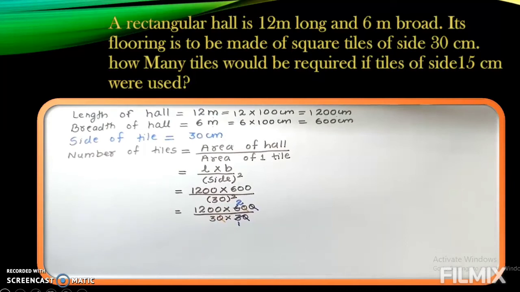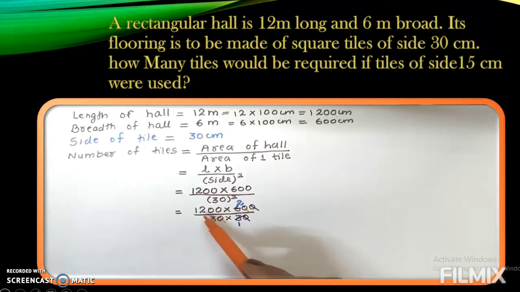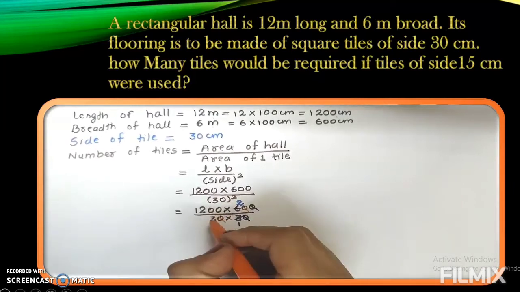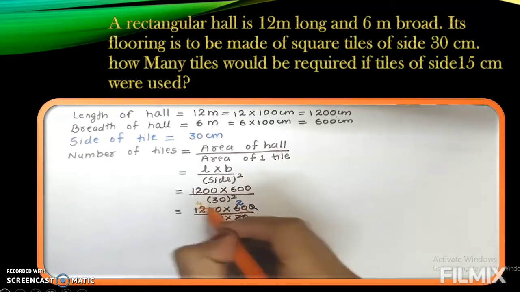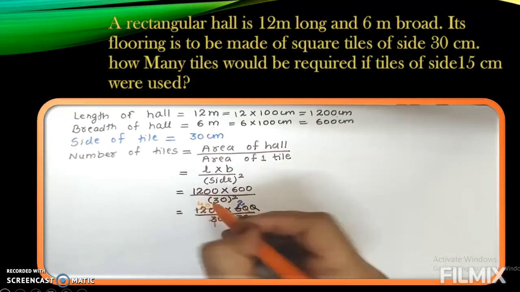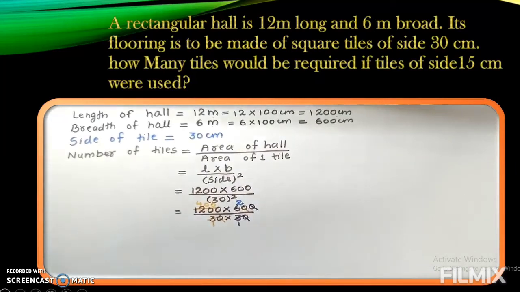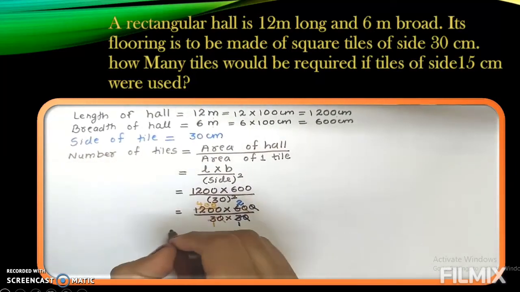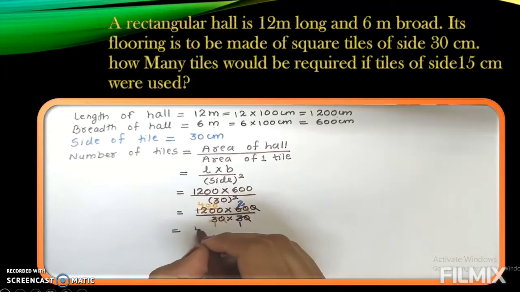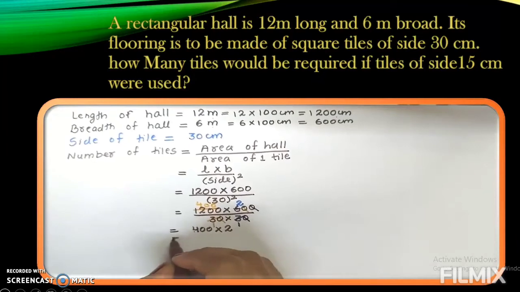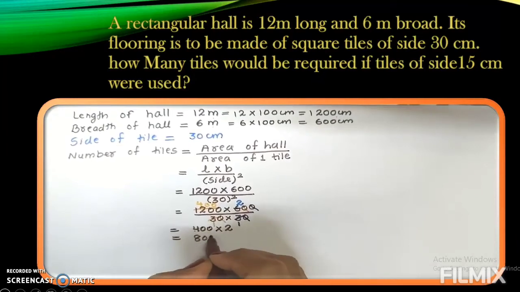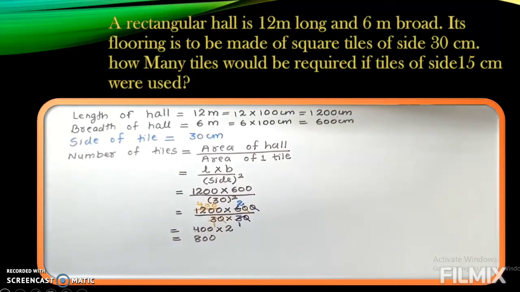Now if we see here also, this 3 and 12 both are coming in the 3 table. So we will apply the 3 table. 3 1s are 3. 3 4s are 12, and these 2 zeros will come the same. So whatever is left now, that we will write. Now what is left? Here is left 400 into 2. Now 4 2s are what we will get? 8 and these 2 zeros. So what we got? 800.